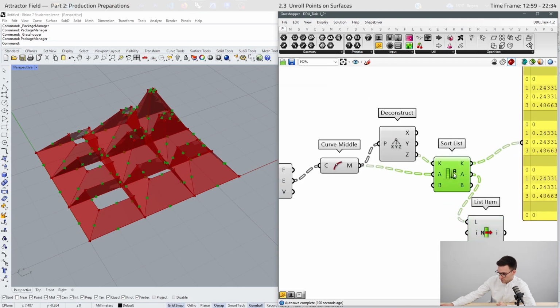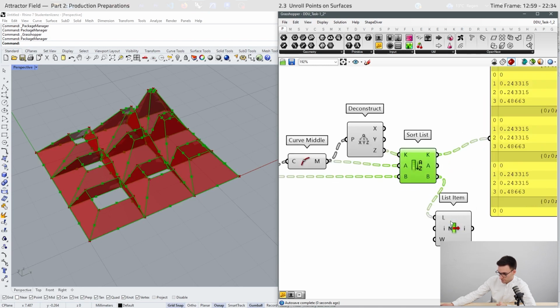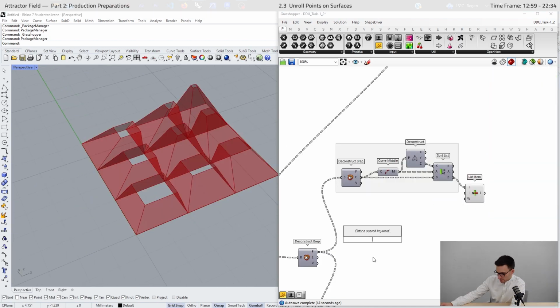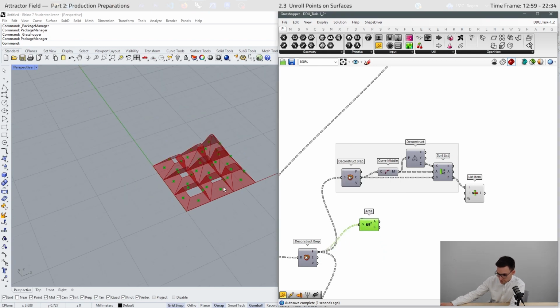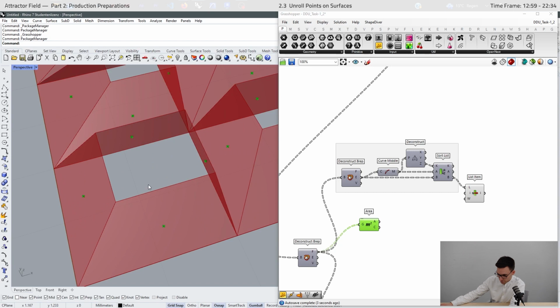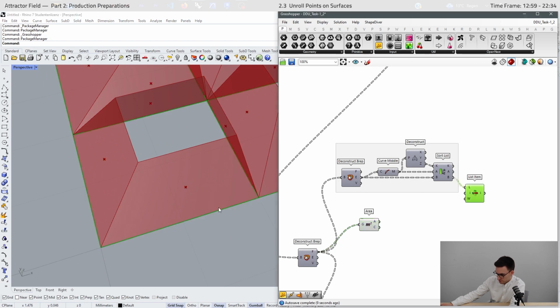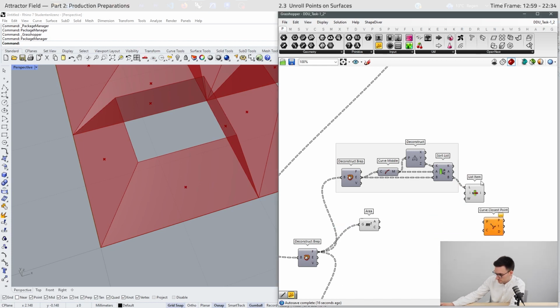We can also sort the edges and use the List Item component to receive every edge that lies on the ground. And now we can use the Area component to receive a point on a surface, and we will project this point, so every point on the respective edge, with the Curve Closest Point component.